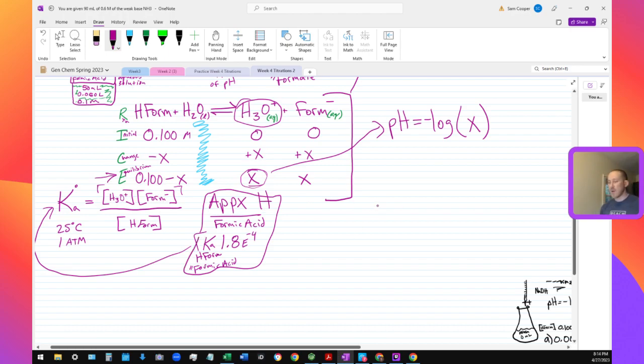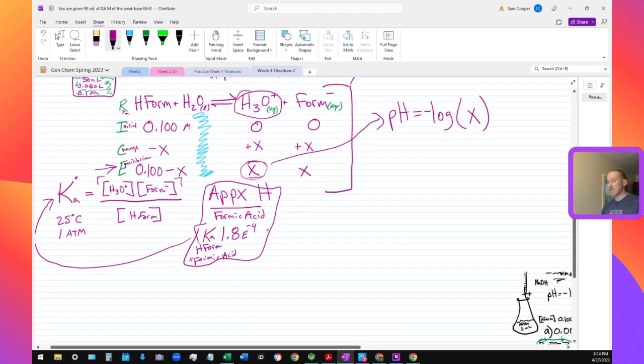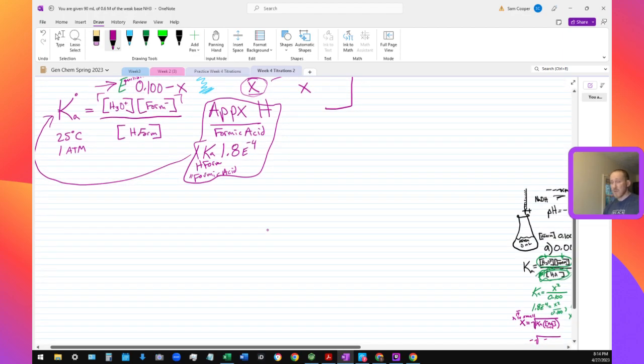Or if we didn't have an Appendix H available to us, we'd have to do a bunch of calibration experiments and establish a dissociation curve. And then from there, I guess we could come up with our own experimental Ka and use that. However, we can stand on the shoulders of giants and just use the Ka that we're given. So